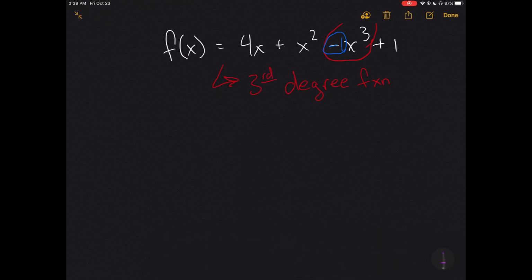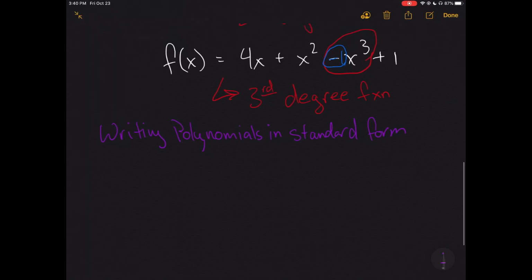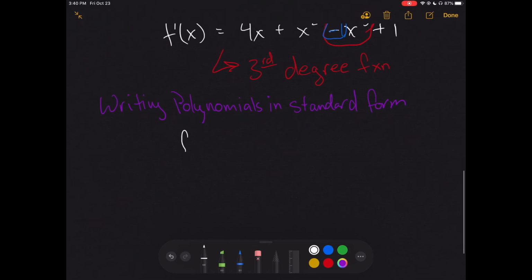And so that's what the constant term is, okay? So that leads me to, we want to be able to write our polynomials in what we call standard form. We talked about a standard form quadratic as a quadratic that's written as ax squared plus bx plus c. Ax squared is the highest degree term, plus bx is the second highest degree term, plus c, which is that constant term. So they're written in descending order